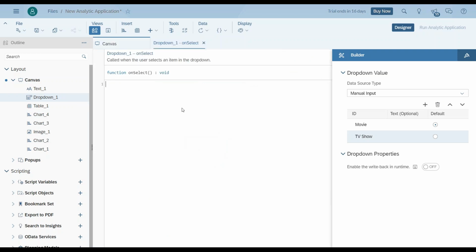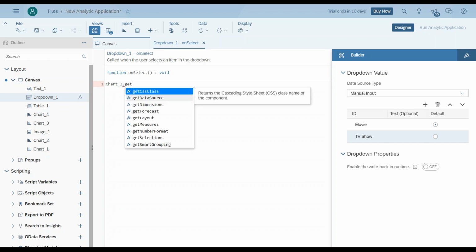Whenever this drop down is selected, I would like to change my chart 1 and chart 2 to display and filter automatically the selected category. So we'll select the instance or the object of my chart control. You can use control space here. So you can see at the moment we have about 4 charts. I'm only interested in changing chart 3 and chart 4, the donut chart as well as my bar chart. So I say get data source